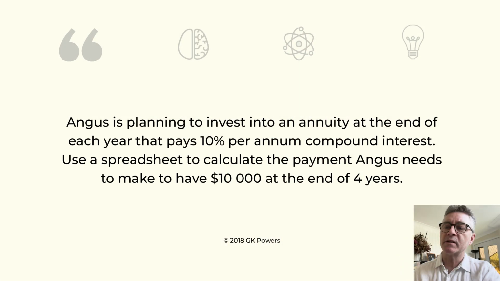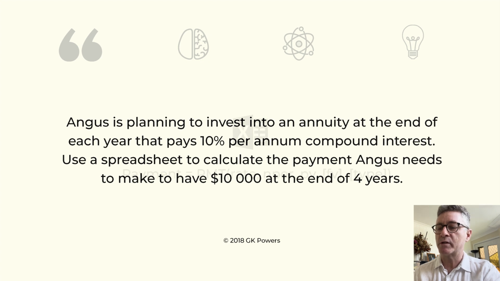There's a question in the Mathematics Standard 2, Year 12 book by Cambridge, and it's a great question on annuities. It says this: Angus is planning to invest into an annuity at the end of each year that pays 10% per annum compound interest. Use a spreadsheet to calculate the payment Angus needs to make to have $10,000 at the end of 4 years. If you look at the textbook, the method that they suggest you use is a formula